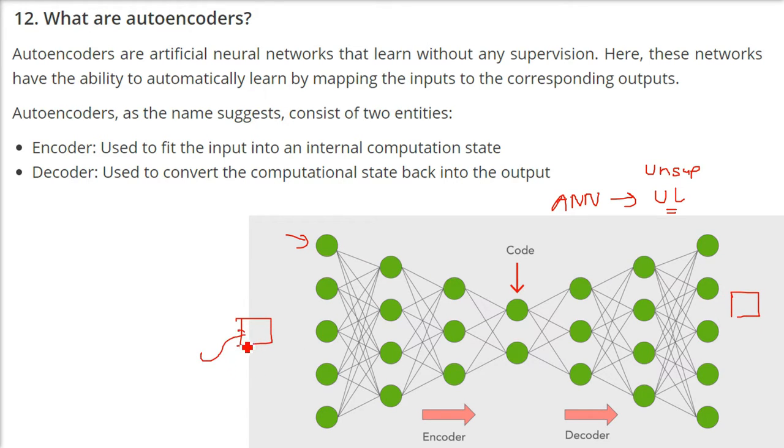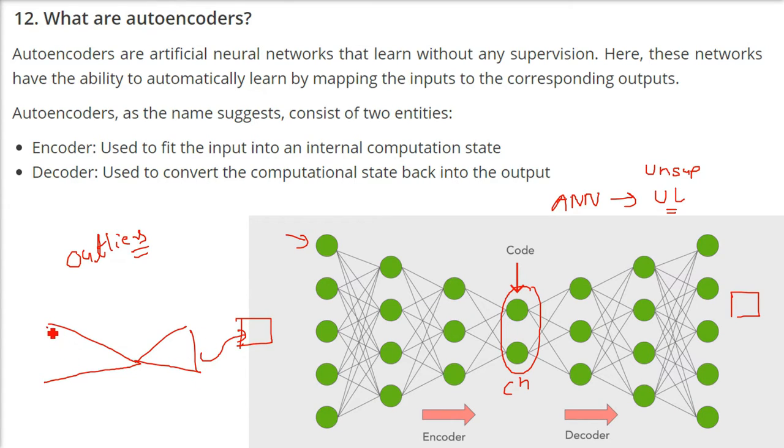That is, if you give an image, it should come out the same way. The input should be equal to the output. So it tapers until it goes to a certain computation state which we want, then again it elongates until we get the final same number of neurons as the previous one. For outlier detection, autoencoders are very good. For compression they are very good, and they are also used for reduction of dimensionality. Like I said, this is the shape of autoencoders which you must remember.